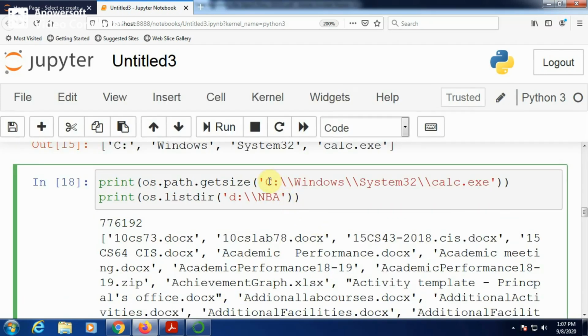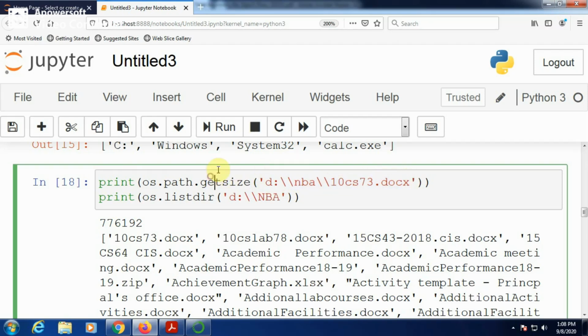10cs73.docs, which is available in the NBA folder, then give the NBA folder path and 10cs73.docs. Okay, getsize, give the full path of the file.